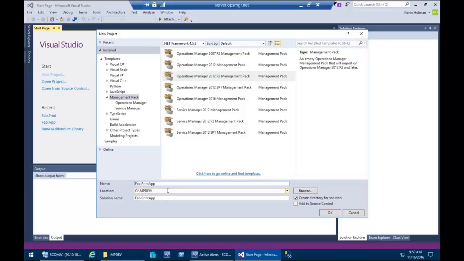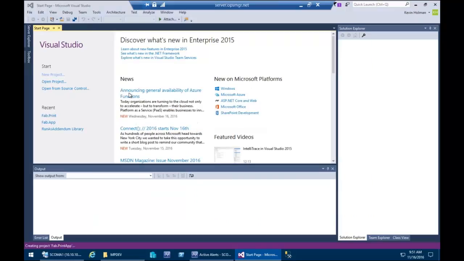One of the first things I see customers do is write a management pack in-house to monitor their antivirus software. It's something that runs on every server. It generally has a service and some events and maybe some script-based monitoring to look at signature file versions and things like that. So that's a real common scenario. I'm just going to do the print service because that's really easy to demo, and it has all these components to do the demo with. So I'm going to go ahead and start that project,